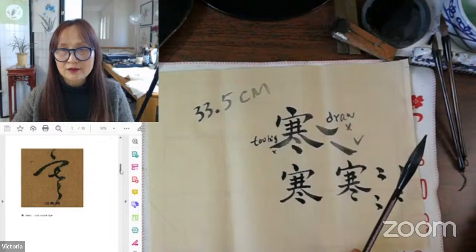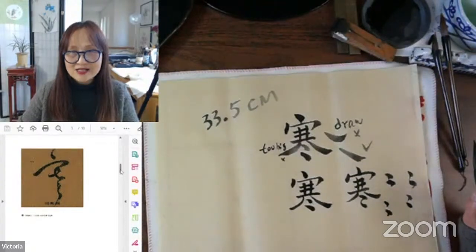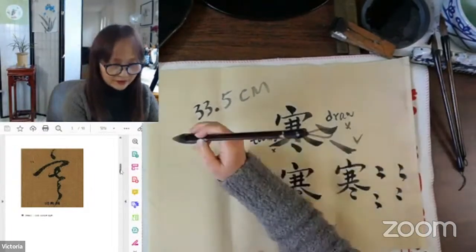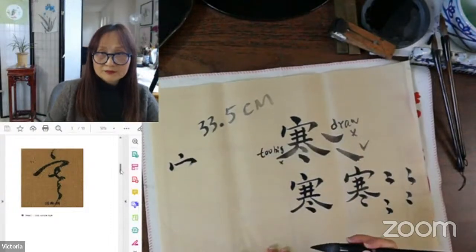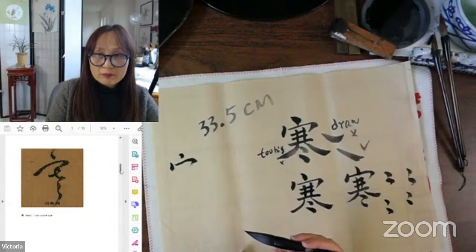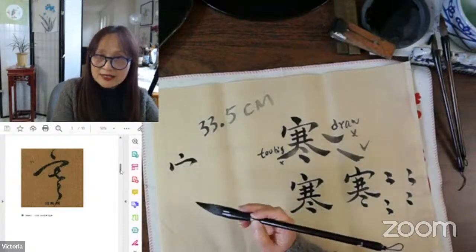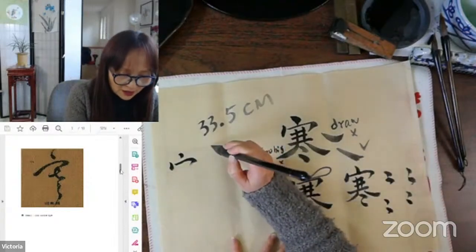And for this form of the grass style or running style, a lot has changed. For the upper part, we can still tell. From this roof, it becomes a dot. The dot is still a dot, but those two become one stroke. The last hook shows the slant. The first seems not to really show, but make a little bit of a press to indicate where this stroke originally came from. Okay, so the dot, and then